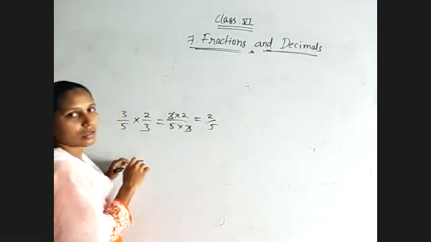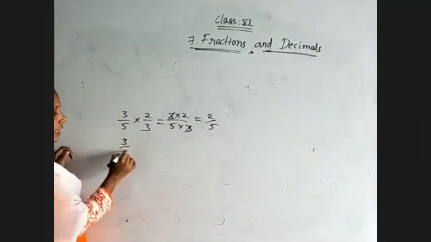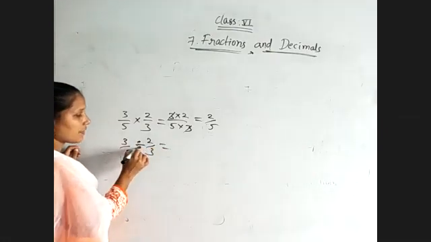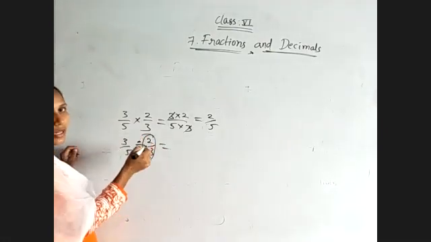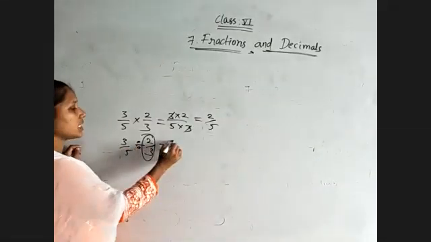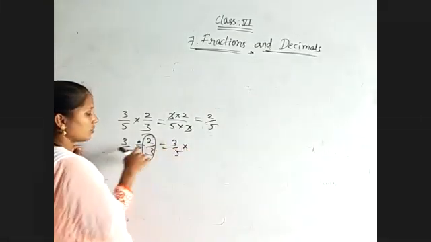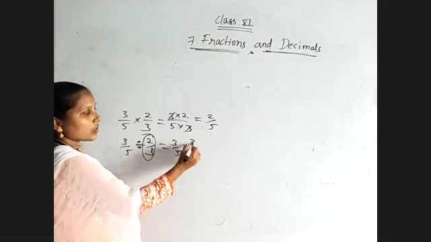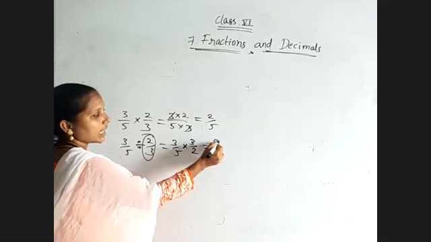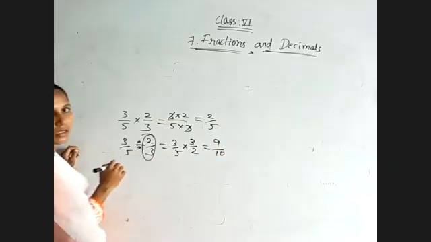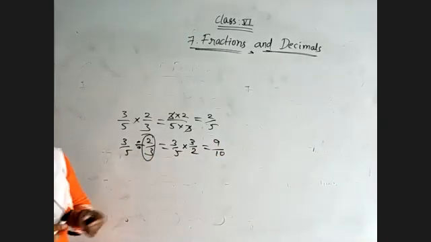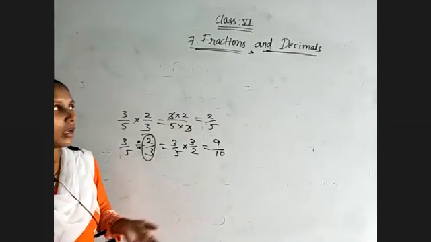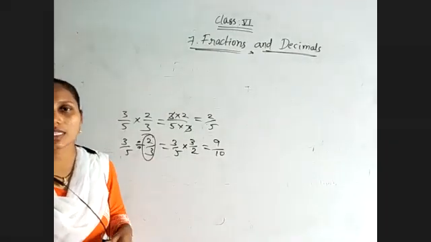That's all. Division, 3 by 5 divided by 2 by 3 is there. For suppose whenever you are getting division, second fraction reciprocal, means inverse fraction, we must take. That is 3 by 5 into, instead of division we must take into 2 by 3 reciprocal is 3 by 2. That means 3 3s are 9, we will get 5 2s are 10, 9 by 10. Okay. So this is how to apply mathematical operations on fractions we have seen, and some more examples we will discuss in the next class.